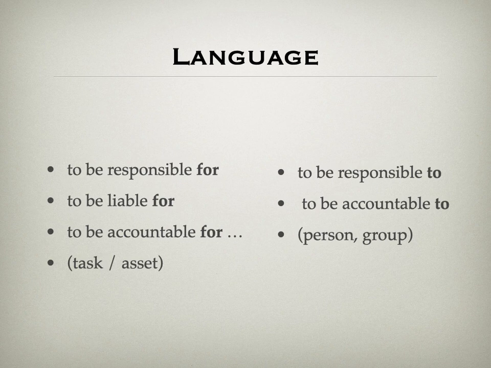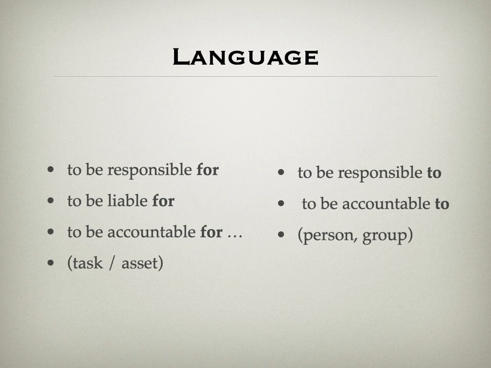Donc, these are assets or tasks. Souvent, on va suivre ces expressions avec un verbe en ing si c'est une action. For example, I am responsible for recruiting excellent personnel. Okay? À droite, nous avons responsible to, accountable to. Et ça veut dire on doit répondre à ces personnes, a person or a group. Donc, on doit rendre compte de ces actions. I am responsible to my line manager. I am accountable to the public. Okay, the president is accountable to the electorate.